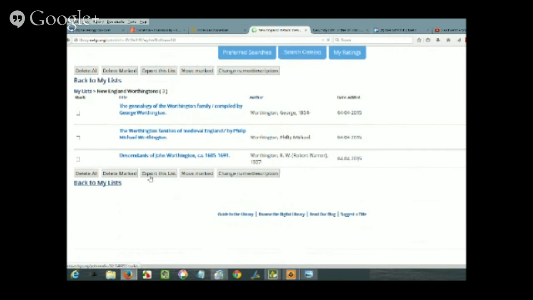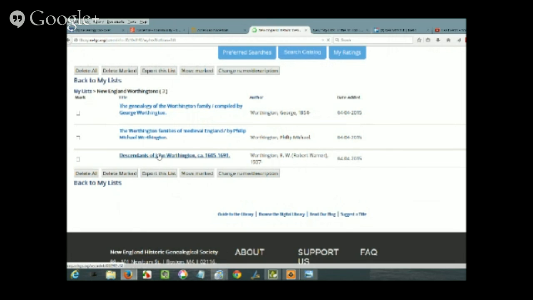And there they are. Now I happen to know this person who has this. This is not a book, but it is in New England. I want to see that. So when I go to Boston, I want to see that folder because it's something that's important. Now, I bring this up because I made a mistake earlier. I put that medieval Worthington families in medieval England in the wrong category, the wrong list. I have it in New England, and this book is